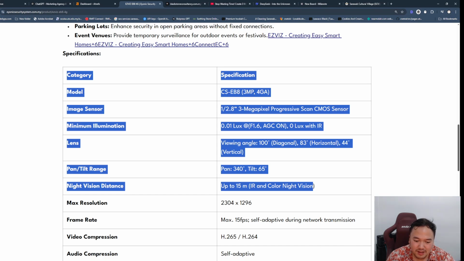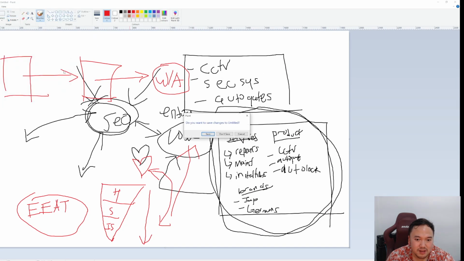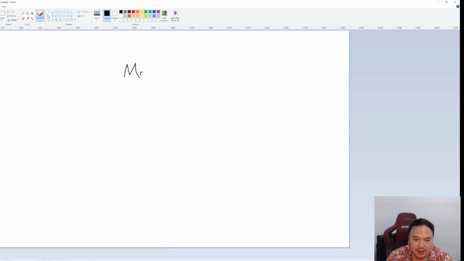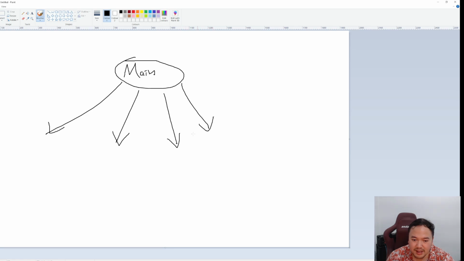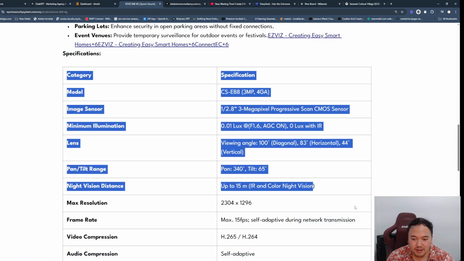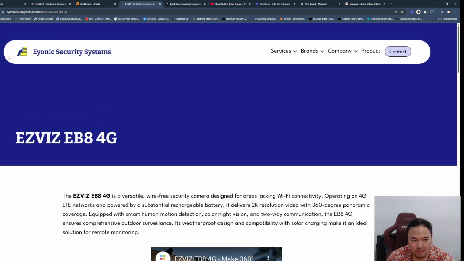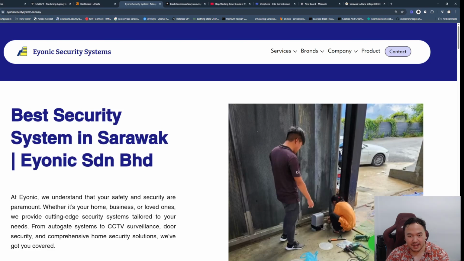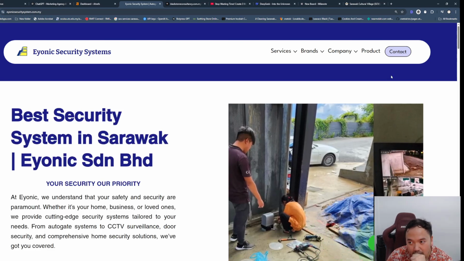All right. So if you go back here, we have the main business, and we're creating all the different entities and brain essentially about the business, right? We have the services pages, product pages, brand pages, etc., etc. Okay, so it goes on and on. Okay? So this is how we build the websites for this particular client.